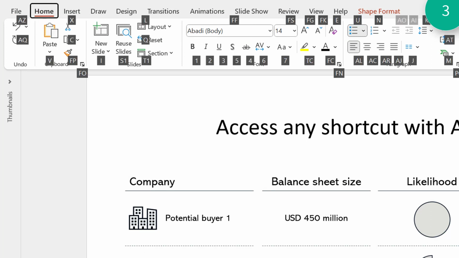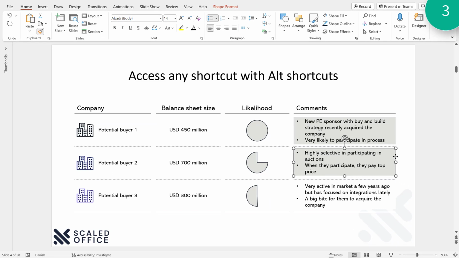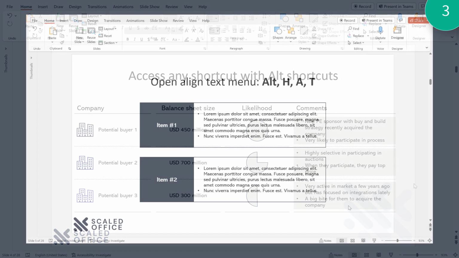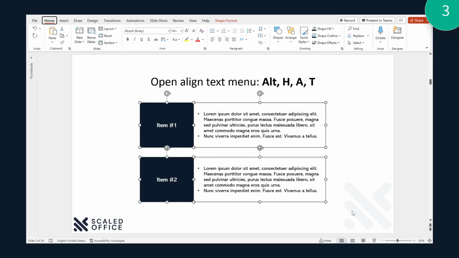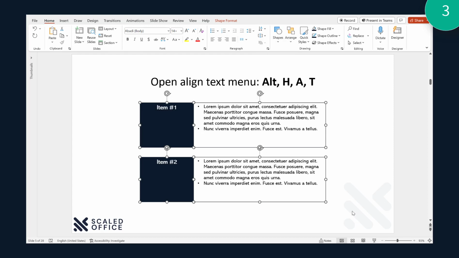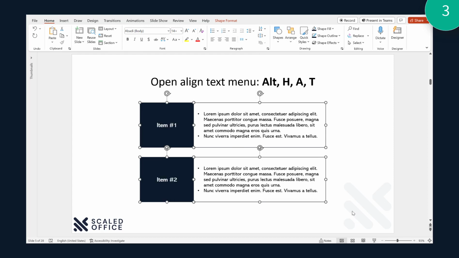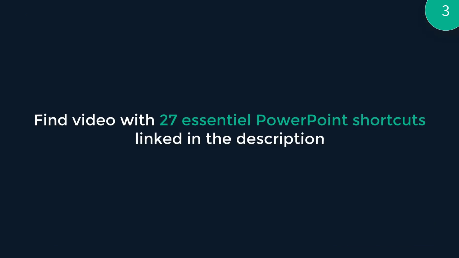We can now see all available options have a shortcut. We press F followed by P to load the Format Painter. Format Painter is now loaded, and we can apply the formatting to another object. We recommend playing around with this to get a feel for them. One option we use a lot is Alt-H-A-T to access the text alignment function. Learning PowerPoint shortcuts is an essential skill to build slides fast. In fact, we even published an entire video with the most important shortcuts, which you can find linked in the